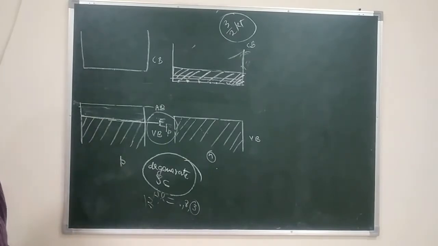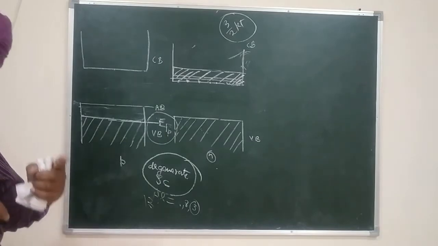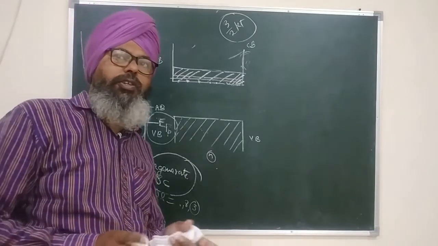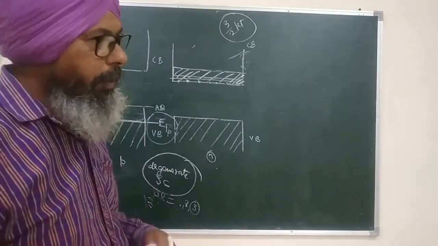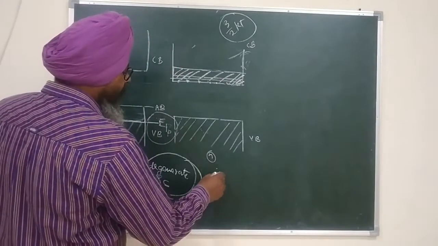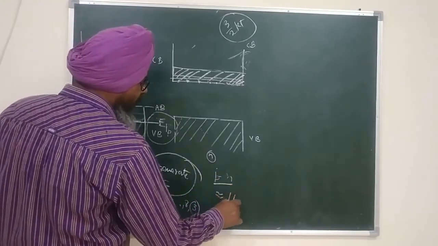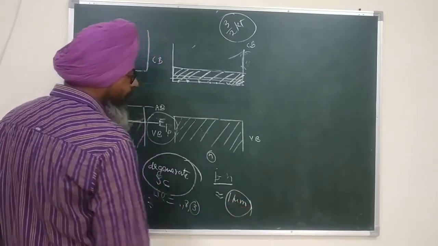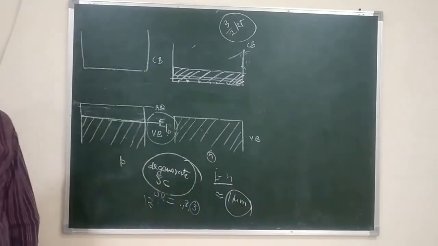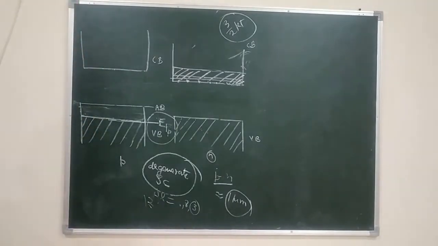Then we will say diode formation is complete, and the region which shows the diffusion of electrons from n to p will be a limited space around the junction, toward the n side and toward the p side. That region is called the depletion region, and for a simple PN junction diode, such a depletion region has a width of the order of 1 micrometer. So kindly remember, the diffusion will take place only in a small region of the order of 1 micrometer in the case of semiconductors.